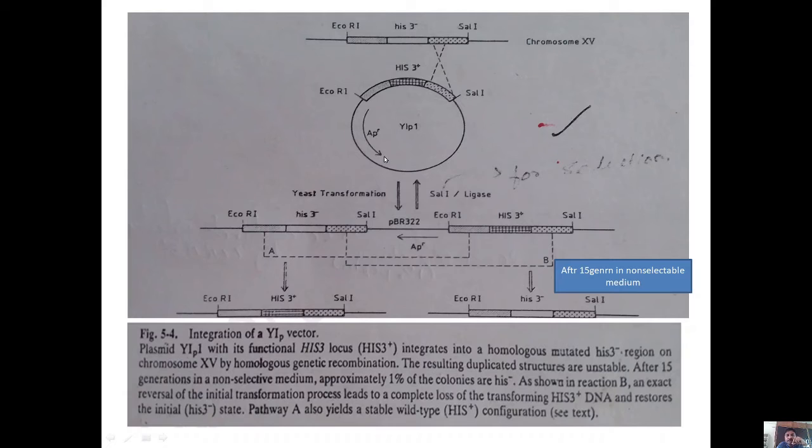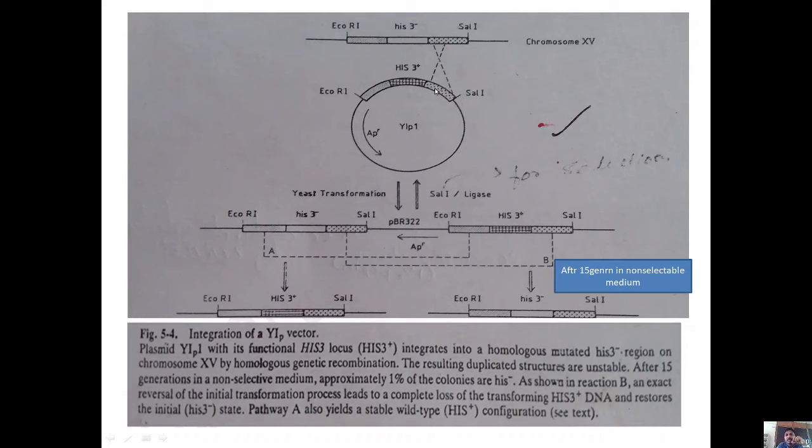See, up to here, this is the arrowhead of the ampicillin resistance gene, and then towards the tail of the ampicillin resistance region. That is, the reading frame is actually from here to here. That's all. And then coming next is the EcoRI of the vector, and then the HIS3 plus allele of the vector, and then the half portion of the SalI.